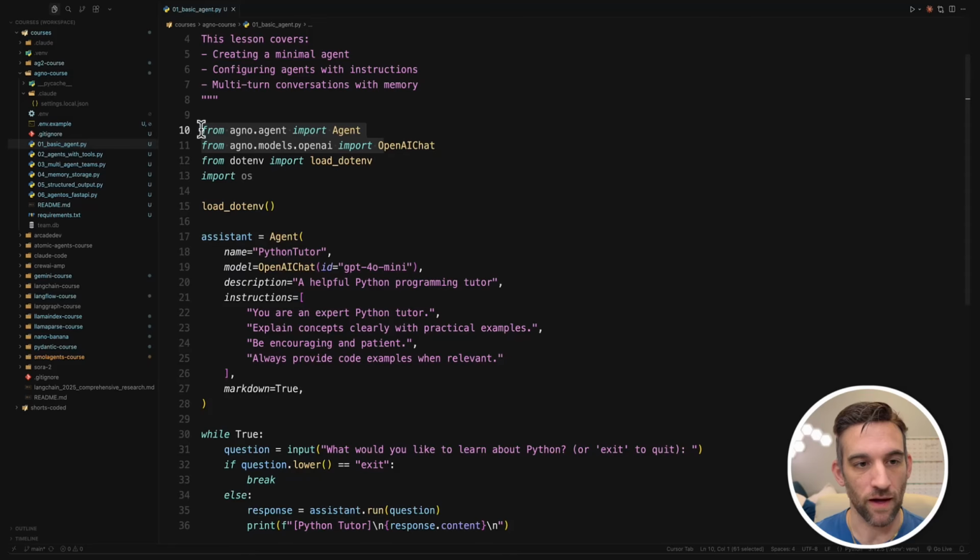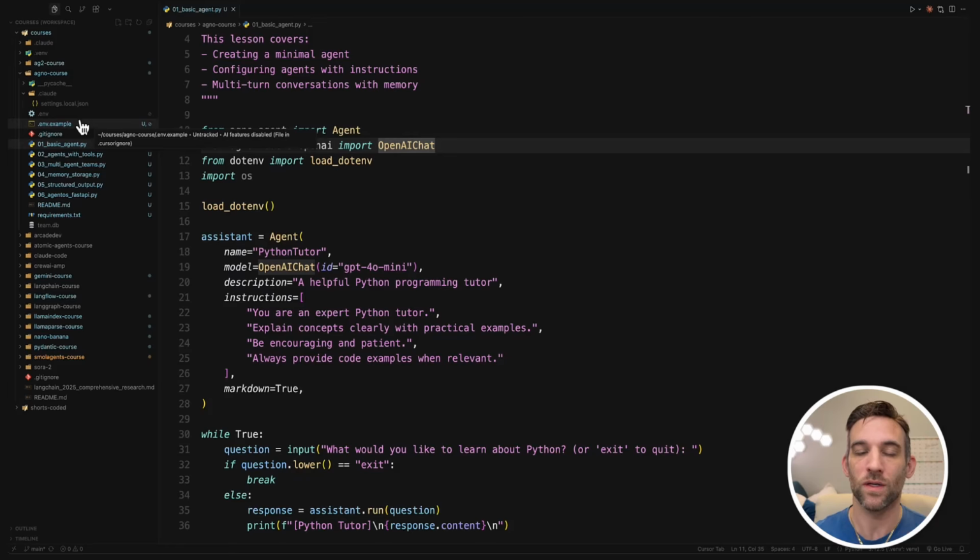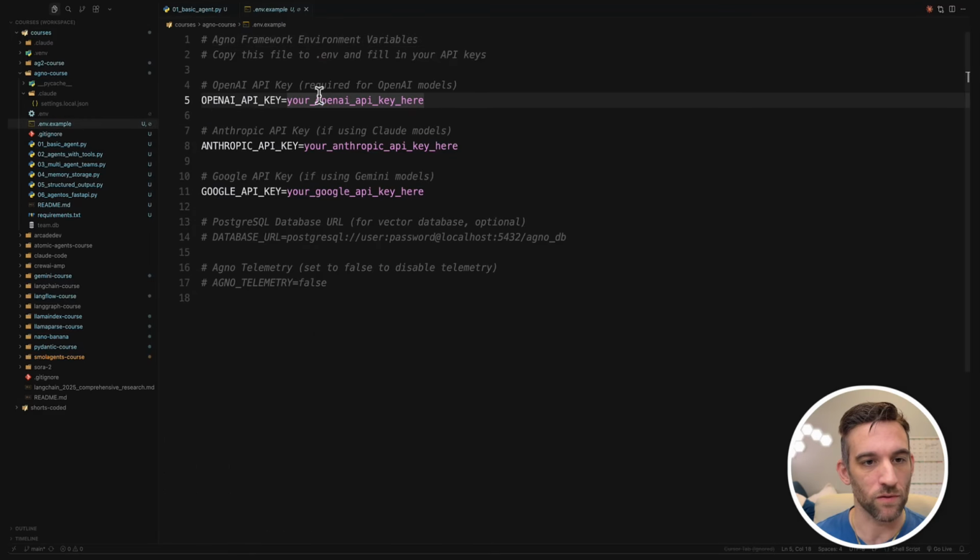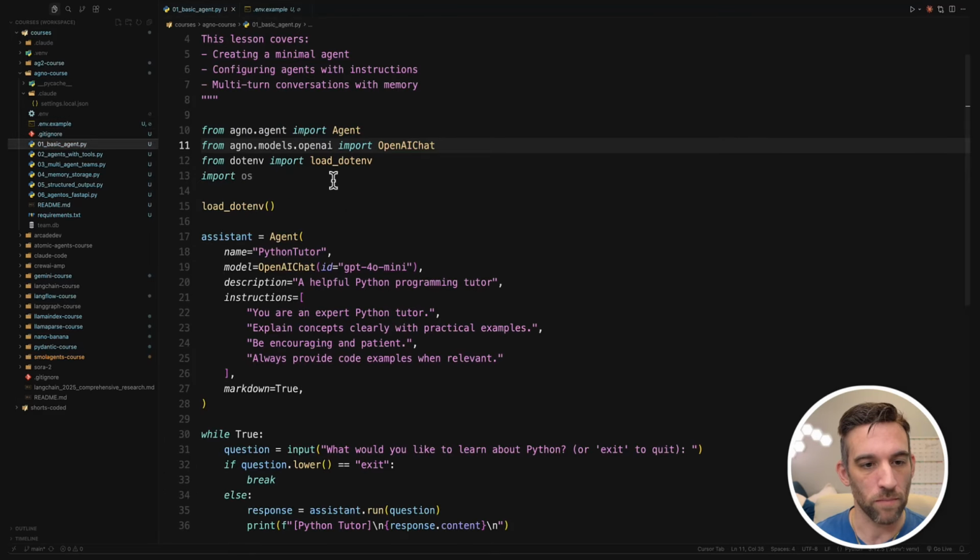Okay, so let's go ahead and look at the first example of creating your basic agent in Agno. So we first off have some of these imports from Agno to get the Agent class, and we are going to use OpenAI for this model. So this means that you need a .env file to import your OpenAI key. You can see this in the .env example here that you can put it right here. Then now back here, we need to